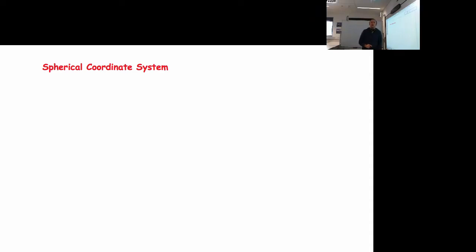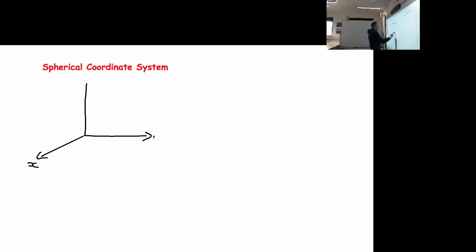Okay, so up until now we've been looking at the Cartesian coordinate system, and now we're going to move on to look at the curvilinear coordinate systems, which are the spherical and the cylindrical coordinate systems. So we're going to first start off by looking at the spherical coordinate system, and I'm first going to draw my three axes,